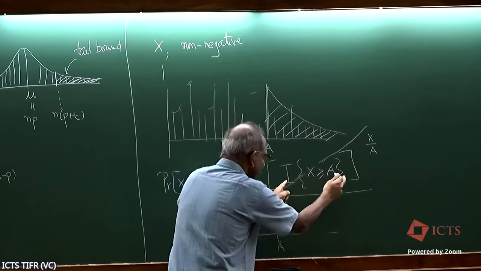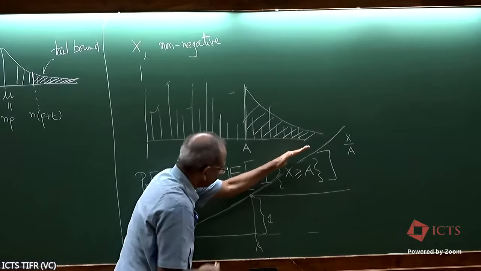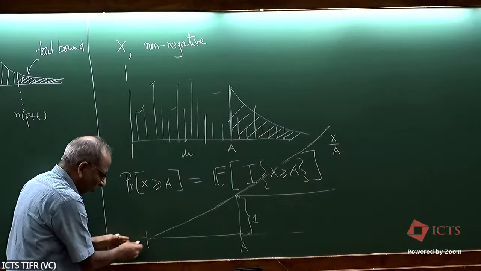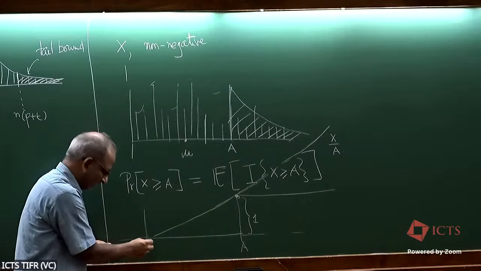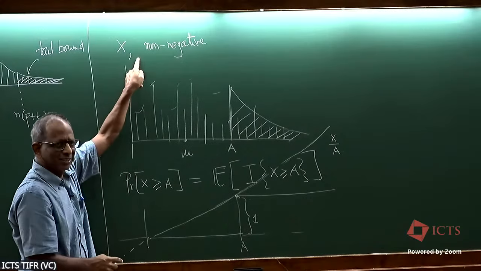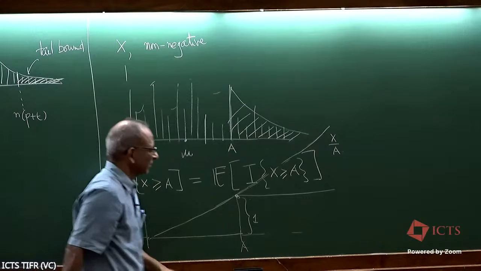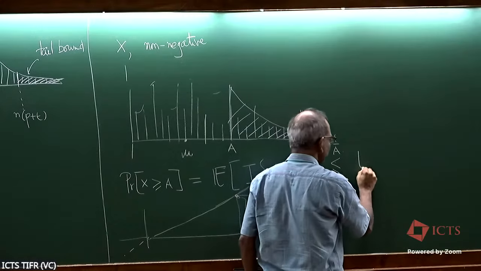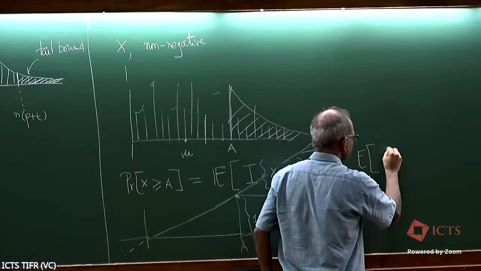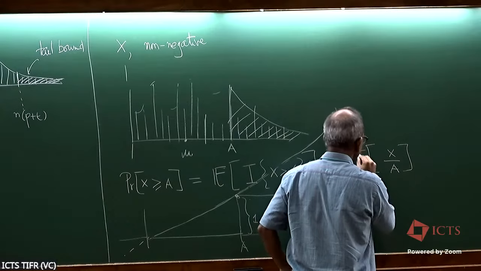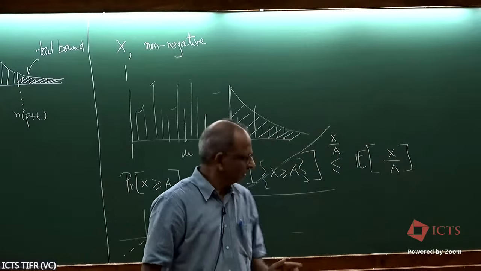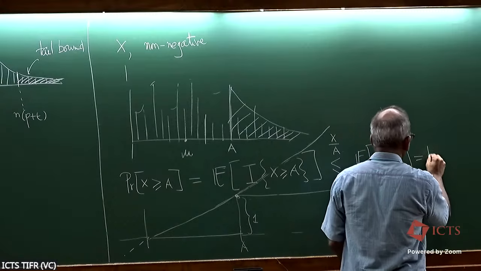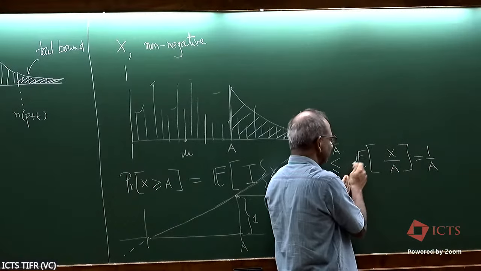So if I replace this by x upon a, this is a function which is dominating the old function everywhere. It is not dominating it on the left of 0, but anyway, I've been told that there is no probability here. So I can safely replace this and say that this is less than or equal to the expectation of this, point-wise, this is dominating this. And this is 1 upon a. This a is a constant, it comes out, expectation of X is